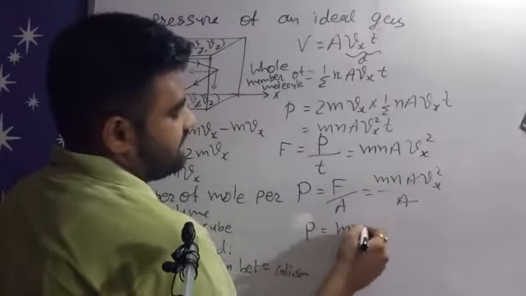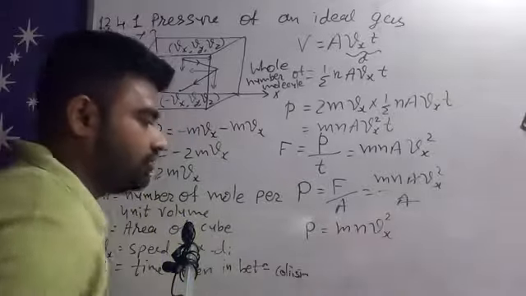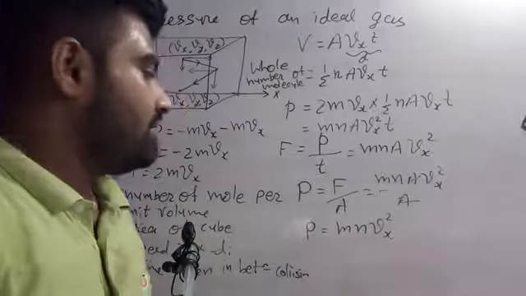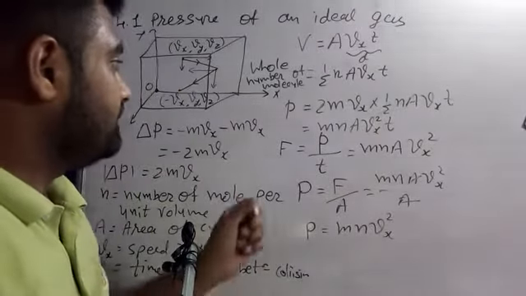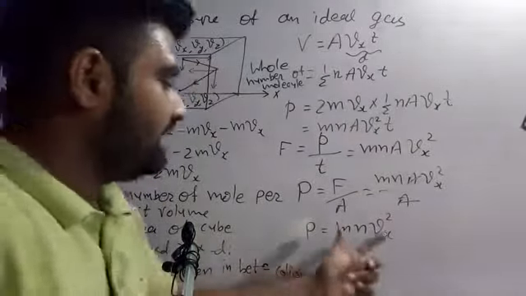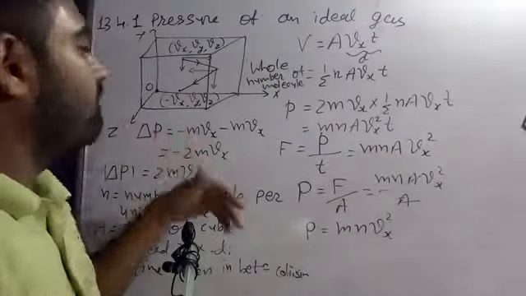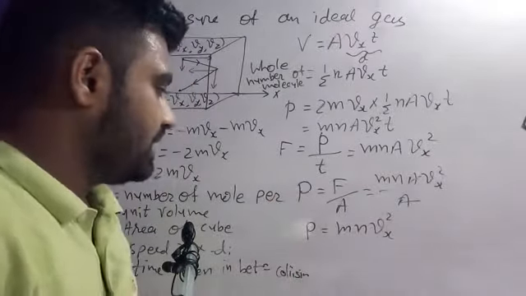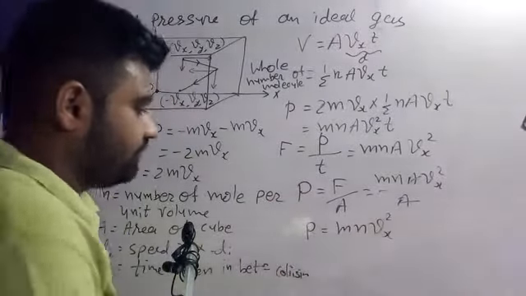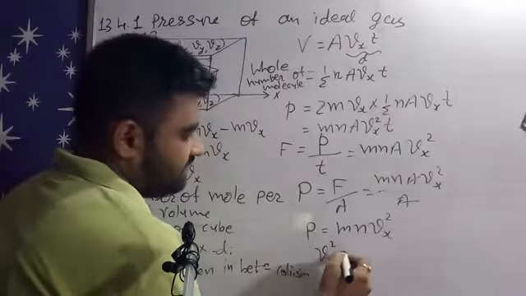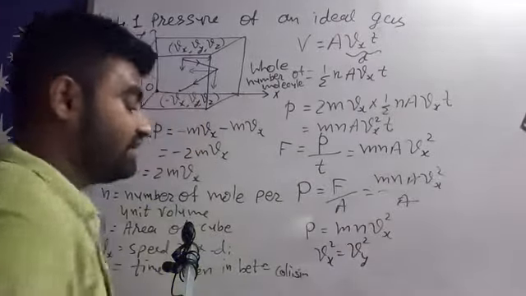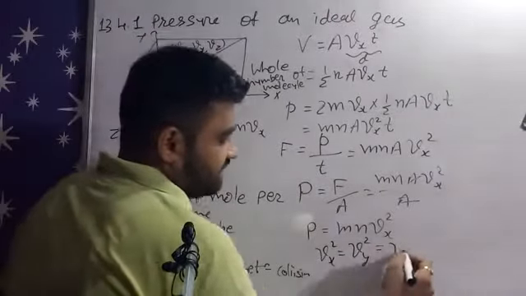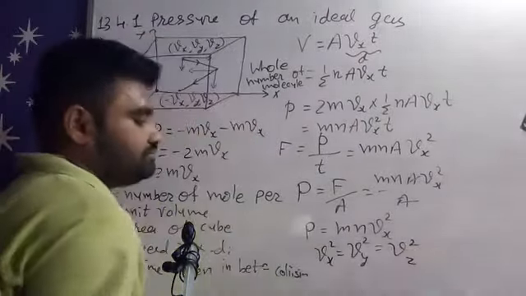So pressure is equal to m n vx square. What is this pressure called? This is called the pressure of an ideal gas. But here I am just assuming only the x axis; we have y as well and z as well, right? So for all the axes, this is for only vx square. So vx square is similar to vy square, because the dimensions are similar and the possibilities are similar, and that's why here it is vz square, right?